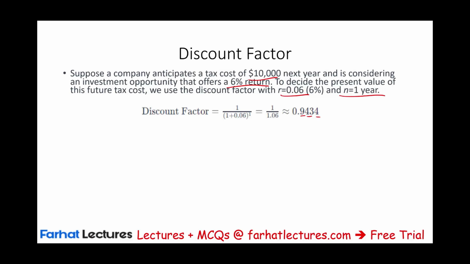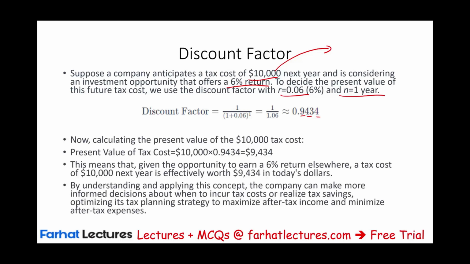What does that mean? Well, you have a tax cost, but that tax cost is due next year. So how much is it worth today? In other words, yes, next year you have to come up with $10,000. But the question is, what's the present value of that cost today? Well, the present value of that cost is the cost times the factor. The cost of $10,000 times the factor that we computed. So the true cost of this $10,000 is